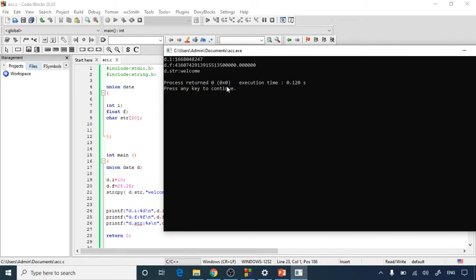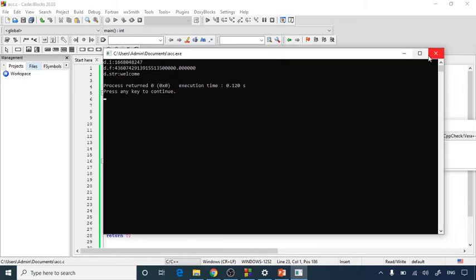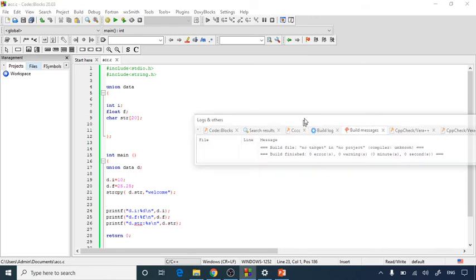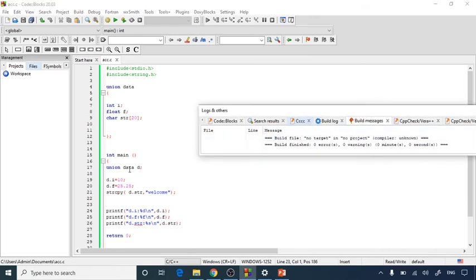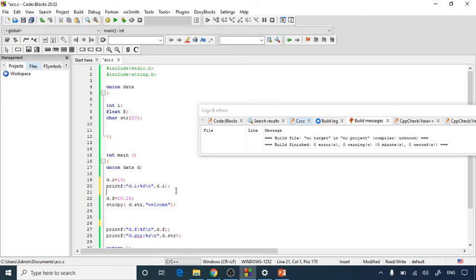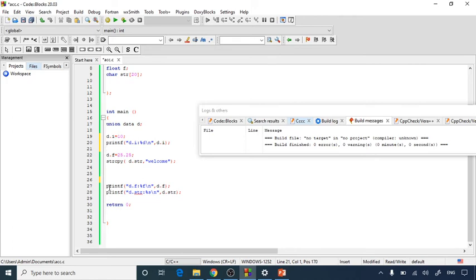So now we are making some changes in our program to have a proper output. Here I have written d.i equal to 10. I'm going to use this printf statement not here, but right after it. So we are changing the flow of our program.